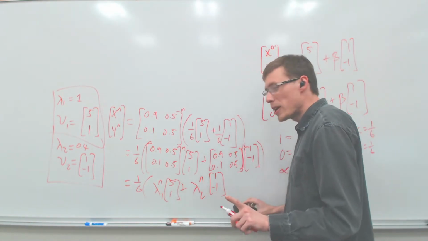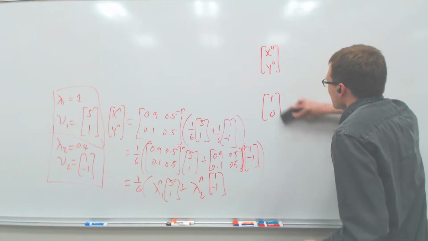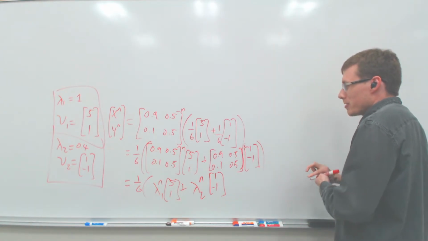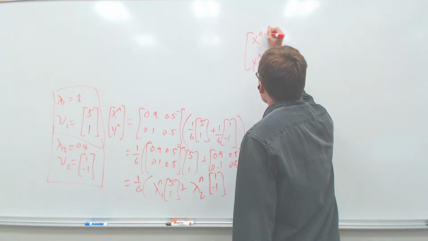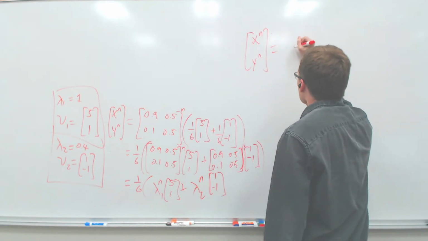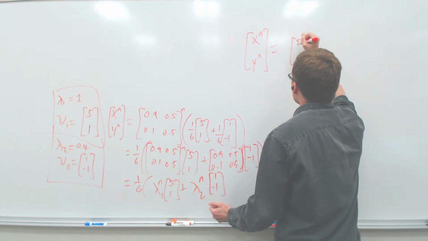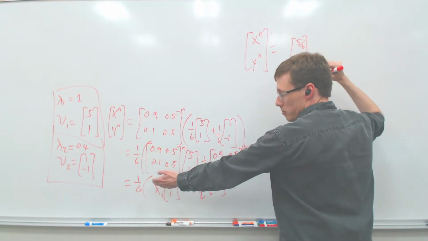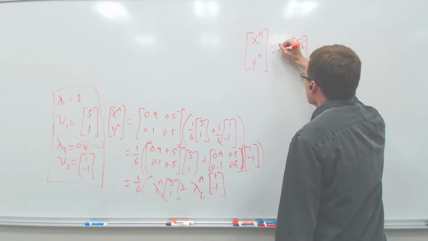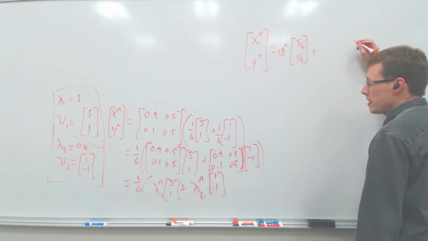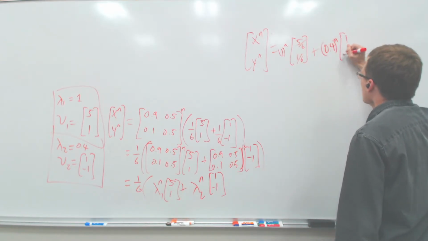Let's take a look at it. What happens when we run it for a lot of periods? This is where it gets pretty cool, right? So what we have is that we know that xn, yn must be equal to just 1/6 times 5, 1, so we'll say 5/6, 1/6. We'll finally divide through that by that 6. And that's just 1 to the n, right? Plus, right here, we get our 0.4 to the n times 1, minus 1.